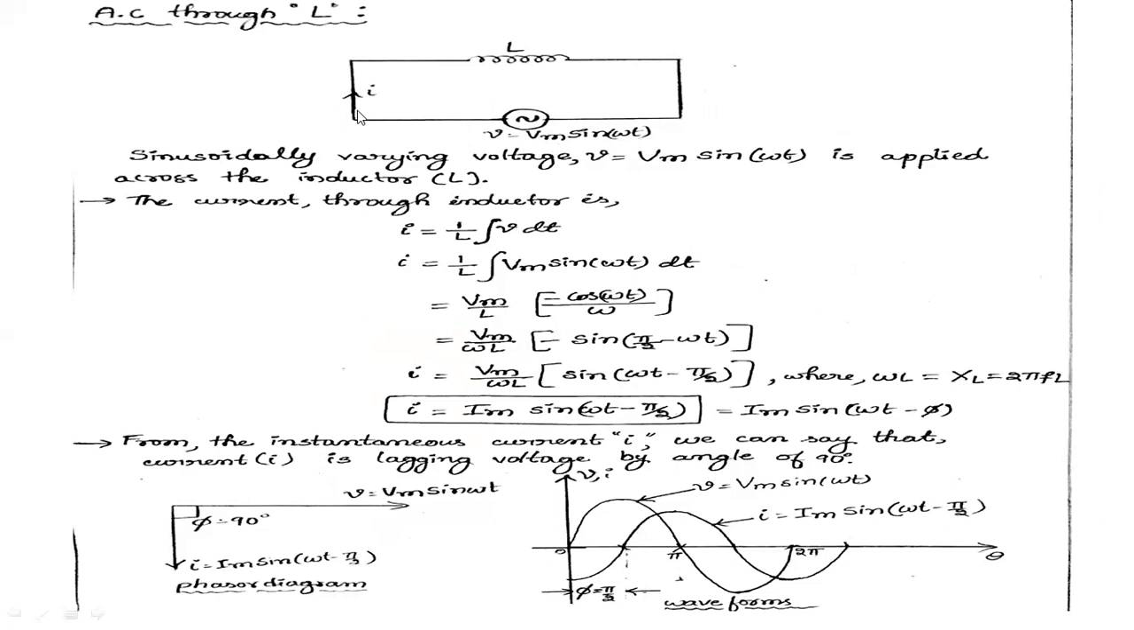Then the current I which is passing through the inductor. A sinusoidally varying voltage V equals Vm sin omega t is applied across the inductor L. Considering pure AC through a pure inductor, I need to find out the amount of current passing through the inductor. The current through the inductor is given by